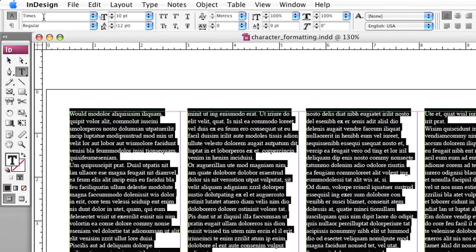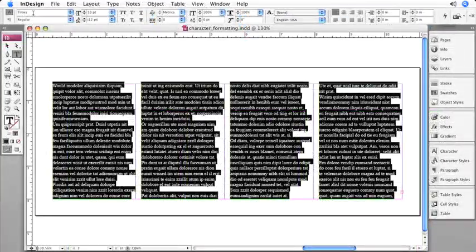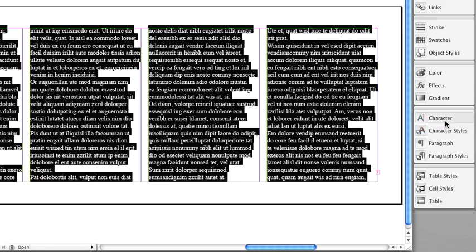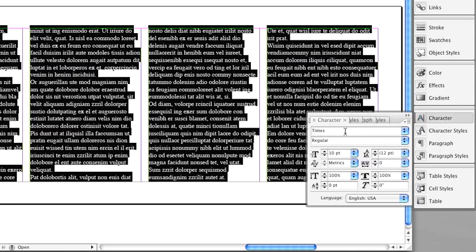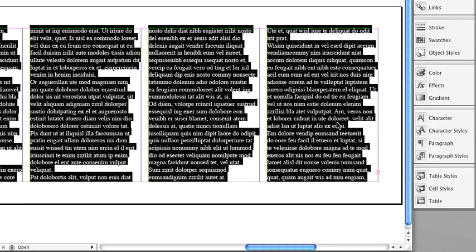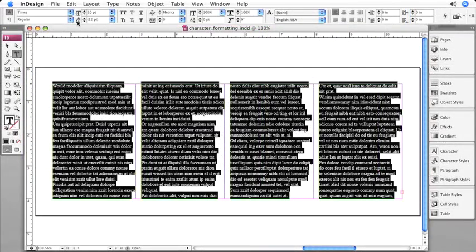The paragraph mode is here at the bottom. That's indicated by the little paragraph marker. And when we're working in character mode, we want the letter A, that A icon, to be pressed. So make sure that the A icon is depressed. And now let's edit these attributes. Now there are at least 3 ways to do anything in an Adobe application. The control panel is just one option. If you come over here on the right-hand side, we do have the character panel where you can make these changes as well. I prefer the control panel up here at the top because it's a single consolidated place to